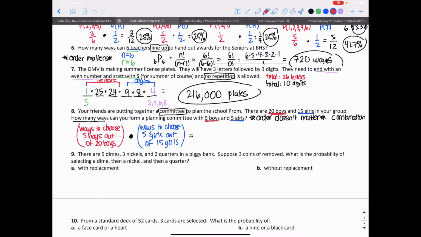And to rewrite this, what I have here is 20 choose 5 for the boys, and 15 choose 5 for the girls. I could use my calculator for this. You use your calculator, that PRB button. You look for nCr, and that's what you're going to use. For 20C5, I put the 20 first, then I click the PRB button, and then I go down to nCr, then I put the r in, which is 5, and I'm going to get